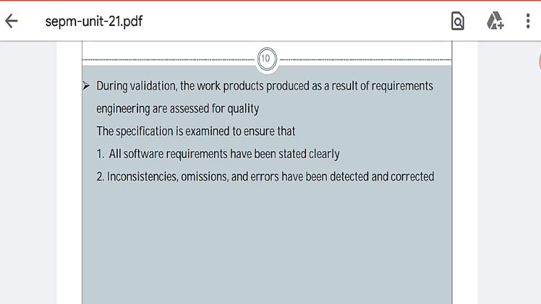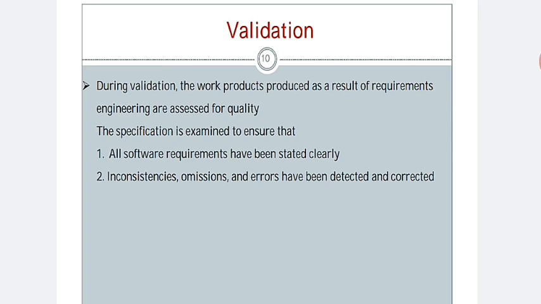During validation, the work products produced as a result of requirement engineering are assessed for quality. So here we will focus on the quality factor. To increase the quality, we have to give the focus.